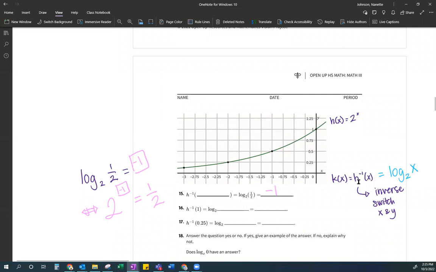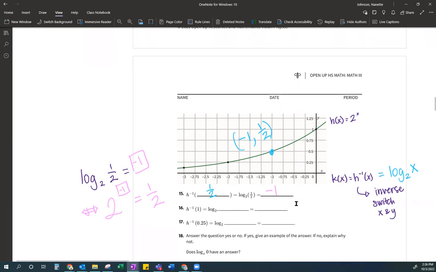Okay, so if H inverse is log base 2 of X, what's your X in this case? Oh, it's just 1/2. Yeah, so they want me to write 1/2 here, Ms. Johnson? Yeah. And notice if I look at this point right here, -1, comma 1/2. So that point there